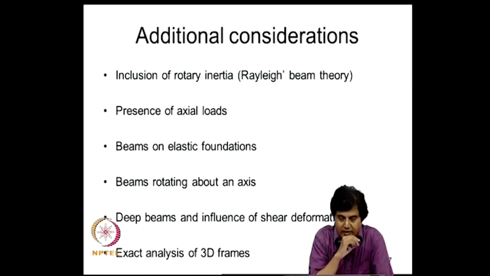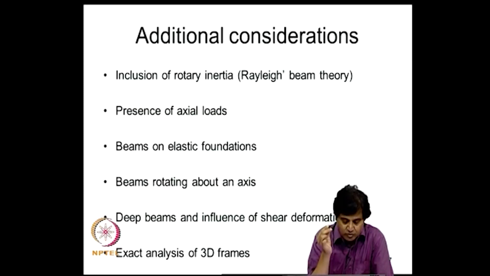The discussions that we have had till now, we have treated the beam essentially as an Euler-Bernoulli beam. We have not paid attention to possible coupling between twisting and bending that happens in sections where unsymmetric bending is possible, and similarly coupling between axial deformation and bending that happens in curved beams, and there could be coupling between the two bendings themselves. So, there are many other considerations that we need to pay attention to if we want to complete the analysis